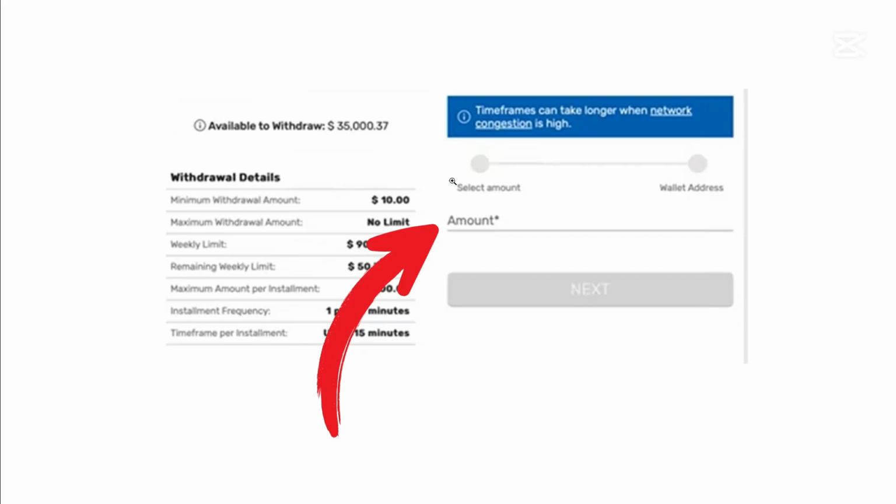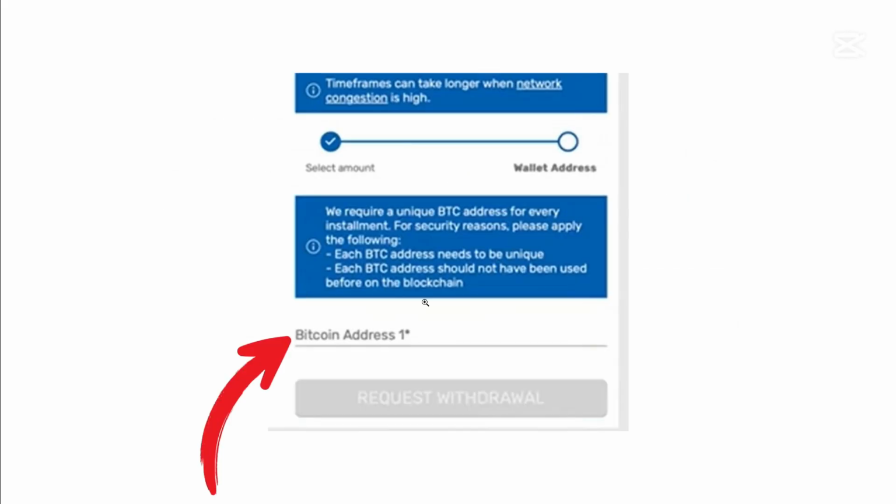Then you need to select the amount you want to withdraw from Bovada to Cash App, and you need to provide your Bitcoin address right here. Just paste the Bitcoin address we just copied from Cash App account, and then click request withdrawal. It will send you a verification code on your mobile phone. You need to enter this code and you will finalize the transaction. So that's how you can withdraw Bitcoin from